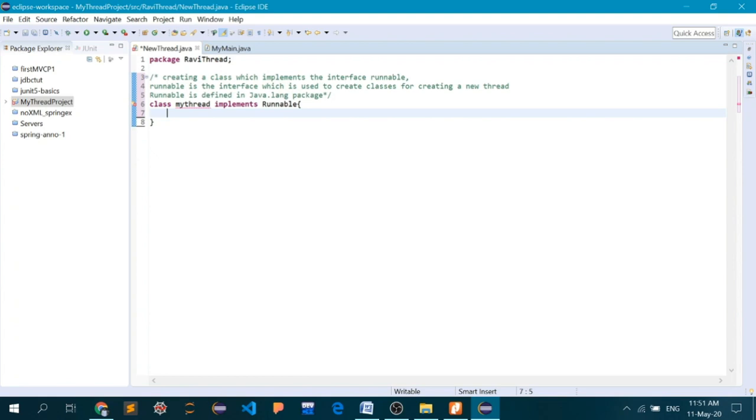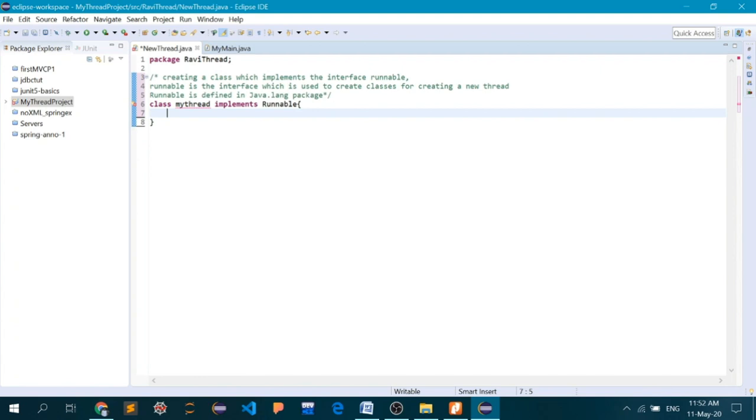Now, as you know, if we implement a particular interface, then we have to implement all its methods inside the class. Runnable has only one method that must be implemented, which is defined inside the Runnable interface.